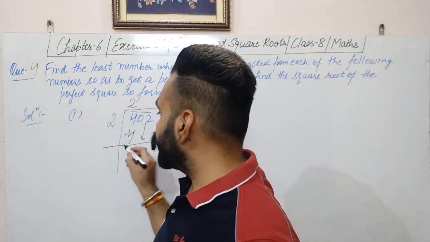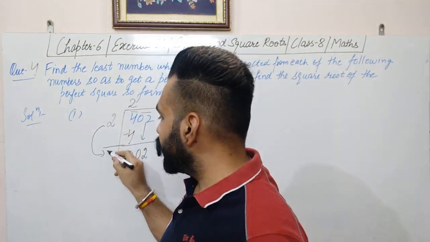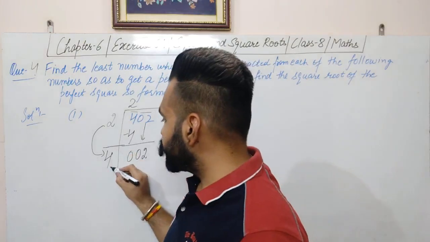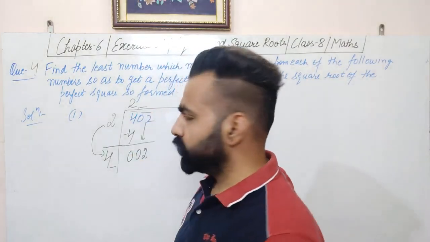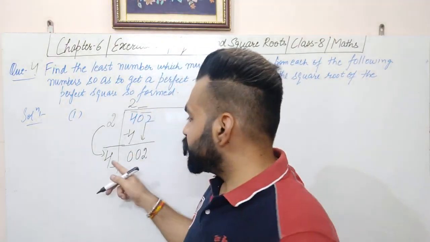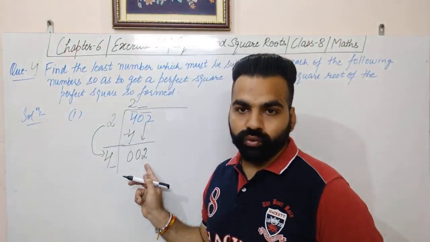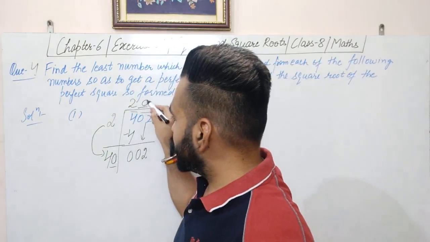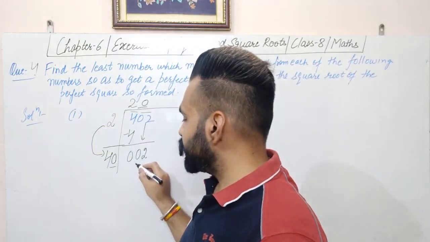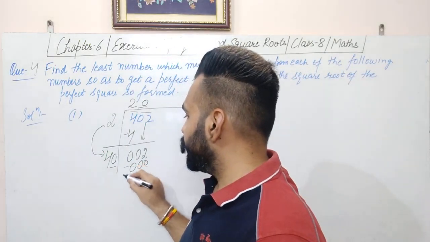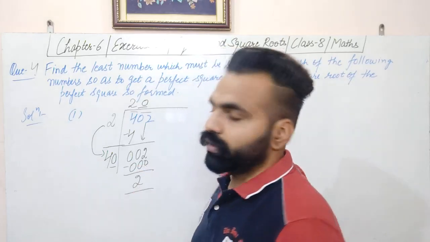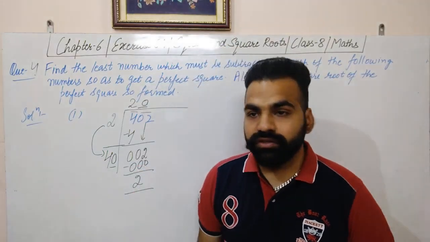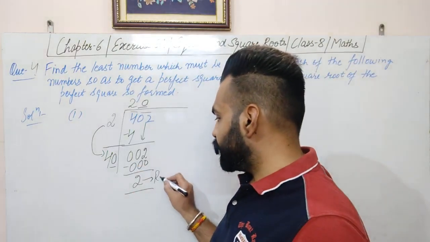Now what we have to do, we will double the divisor here, that is 4, put a blank here, and now this 40 is greater than 2. So we have to take a 0. So 40 into 0 is 0 and minus 2. Now again we cannot do further division. So this is the final remainder.